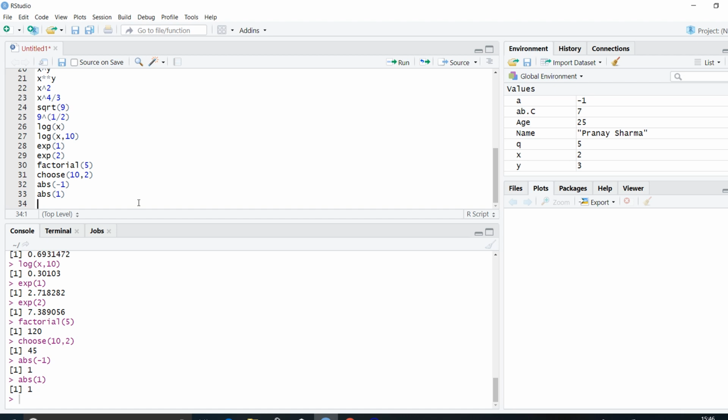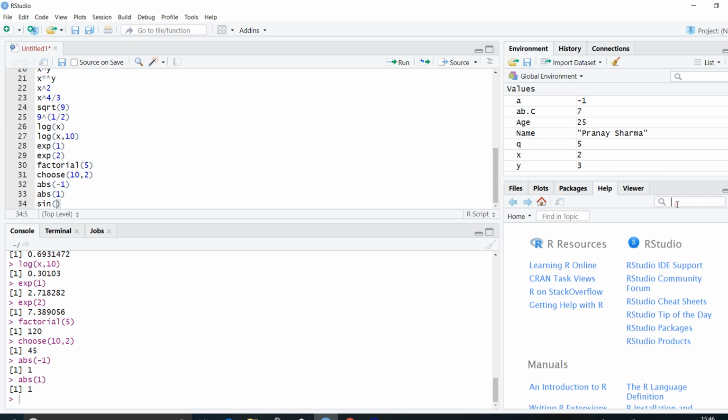In trigonometric functions, you have our normal trigonometric functions: sine, cos, and tan. If you say sine, most likely this takes values in radians. We'll just check. Whenever you need to check about a function, you can use this help tab. If you write the function sin, you can see it lists all the functions that start with sin.